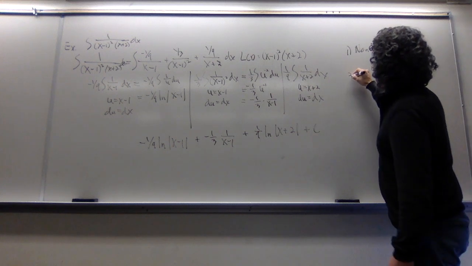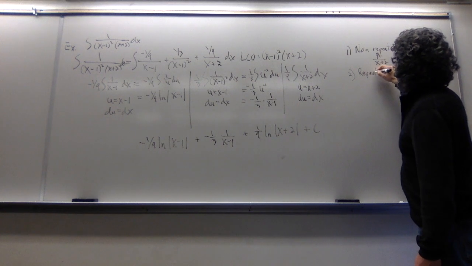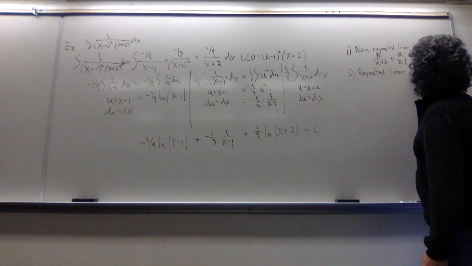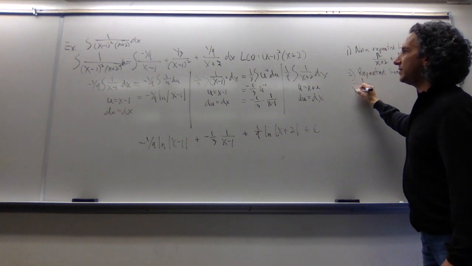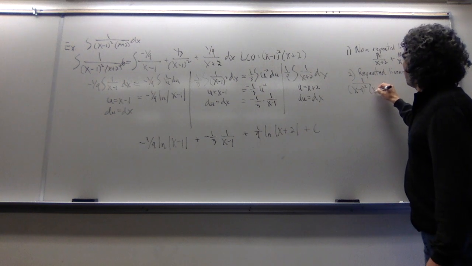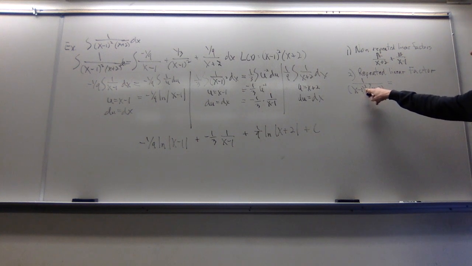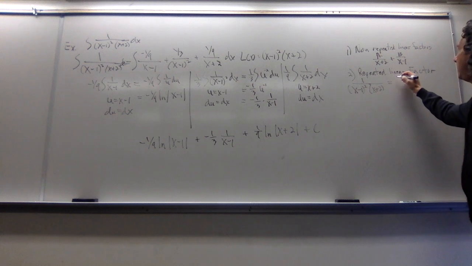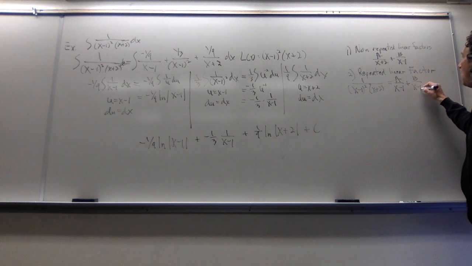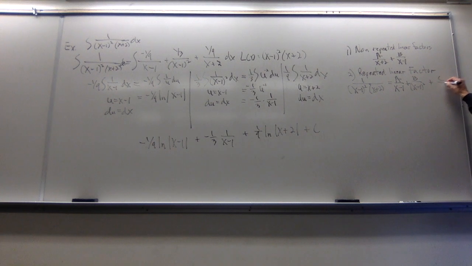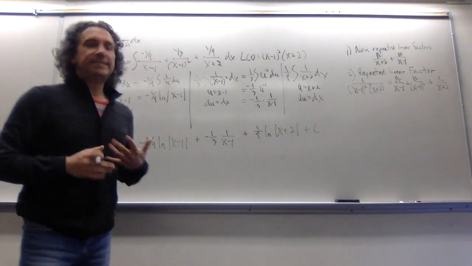So this case is where we have a repeated linear factor. And the thing to remember, and let me show this by example, is that for each term that gets repeated, we need a separate variable that we're solving for. So, in other words, we have A over x minus 1 plus B over x minus 1 squared plus C over x plus 2. So that's the second type that we might encounter.